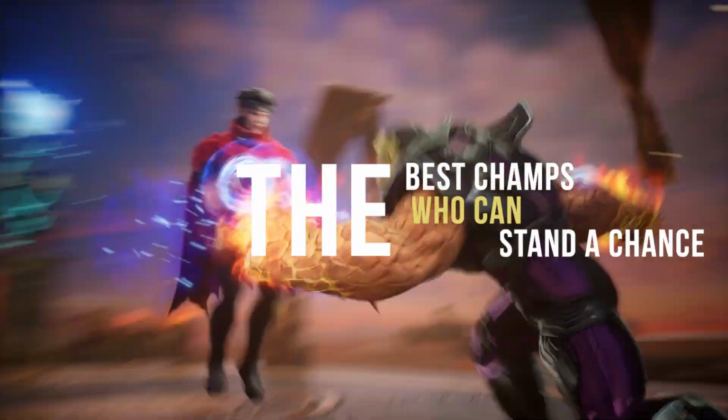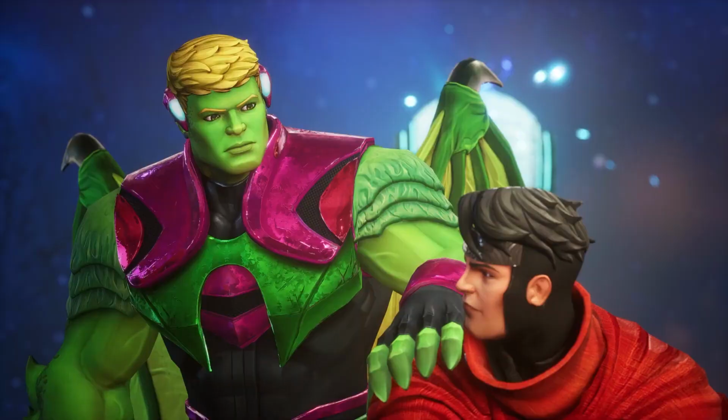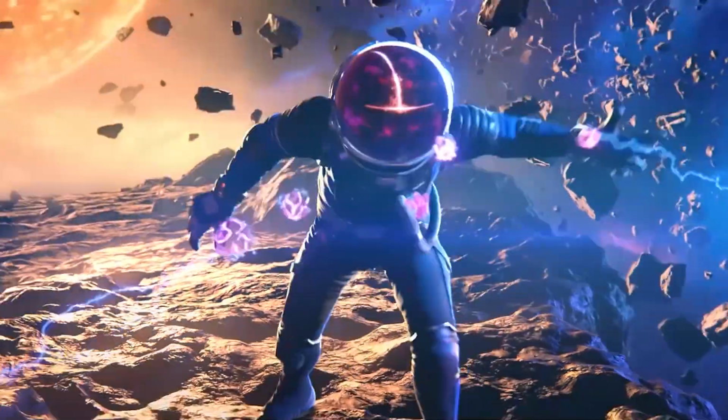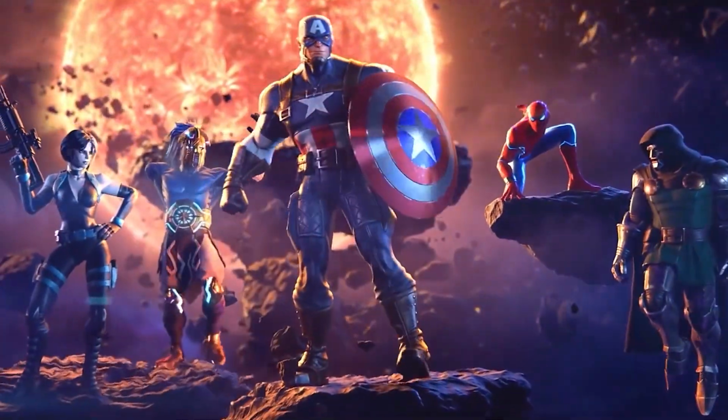Now, the best champs who stand a chance. We know about the Thing's strengths and weaknesses, and about what makes him cry. But apart from learning what makes him bow down, there's also the case of choosing the champ that can do the trick. There are many choices that you can make to take out the Thing, but your champ should be the best